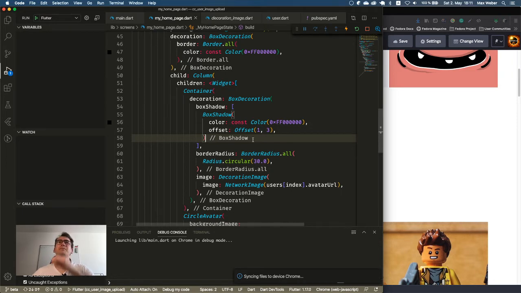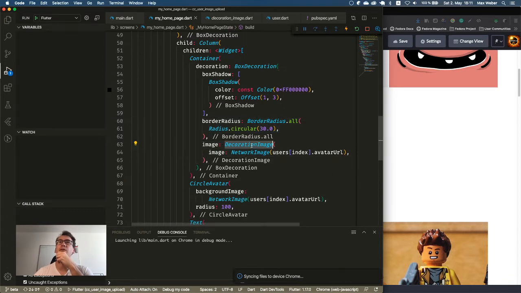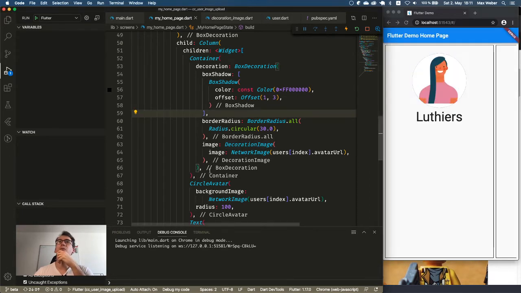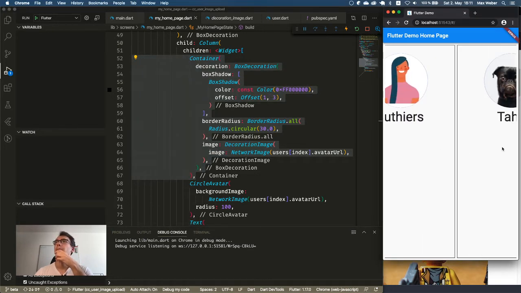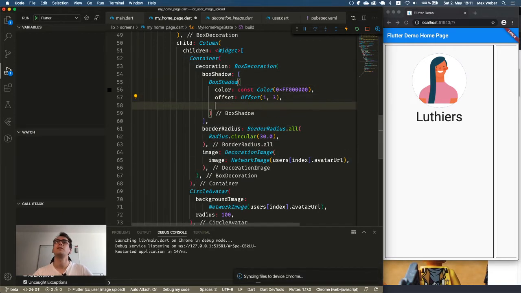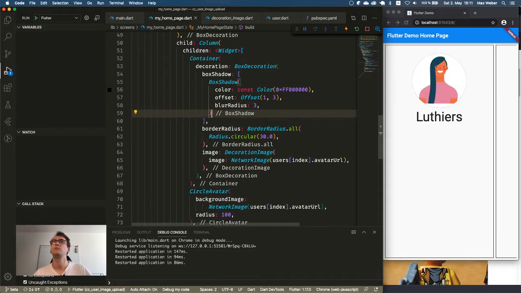So let's start the whole thing. You could see the border radius, and with the perfect tip with the decoration image, it worked way better. We have now the surroundings. And usually what I would do for this part here is create its own widget now, because it's getting complicated if we keep it like that, right? Is the box shadow there, or do I just not see it because of the light? I think it is not there. Did I miss something? The blur radius maybe? No, still not.